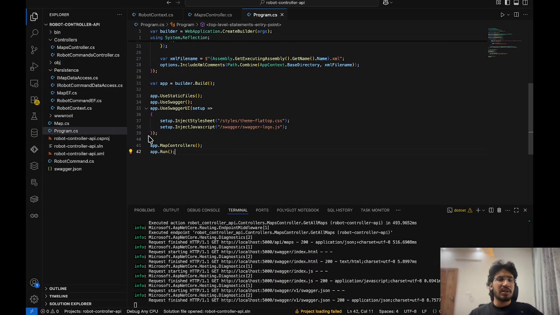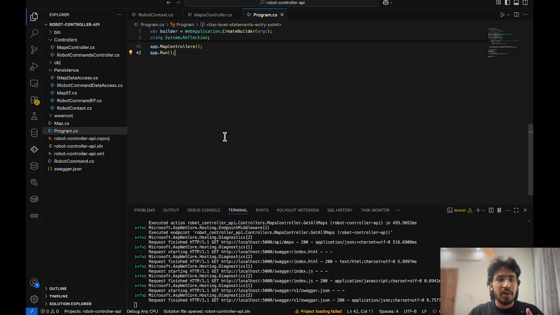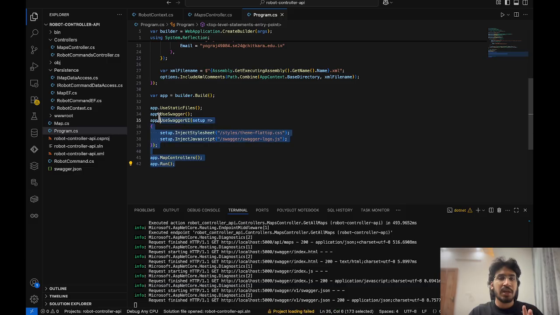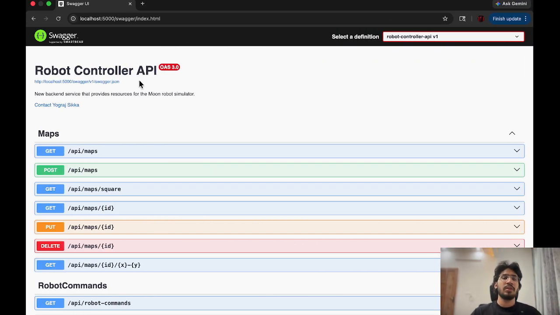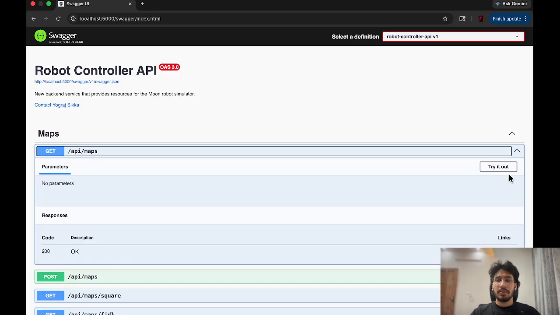All the code is similar to the previous task. Nothing is changed in the previous files or anything else. Just the program.cs has been changed, which I have shown you, how much and how these things were changed. So now let's open our Swagger. This is our interface on the web browser. Now let's try to run it.